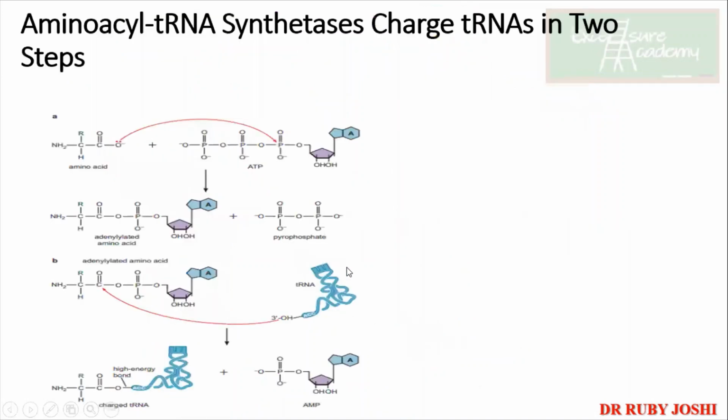Now, same slide, just to summarize. Aminoacyl-tRNA synthetases charge tRNAs in 2 steps. The first one is the adenylation of the amino acid. ATP is required. You can see the carboxyl group, COO-, attacking over here, and then there is a release of pyrophosphate. Then pyrophosphatase gives you 2 inorganic phosphates, and that energy is sufficient for this adenylated amino acid to get loaded onto the tRNA. Then the 3'-OH is attached over here and it gets attached to the amino acid,